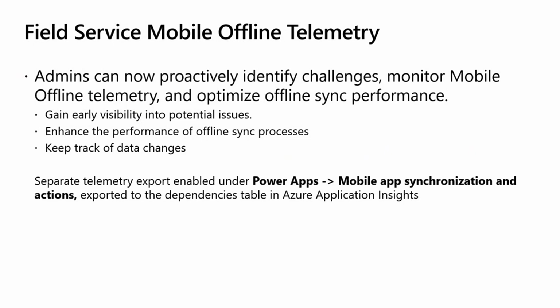Two of the most common things that impact offline sync performance are query complexity and data volume. The offline telemetry shows you which tables are regularly synced and how many records are being synced, and you can aggregate that together or per user. You can also fine-tune the queries to reduce volume, while leveraging the existing OData endpoints to investigate slow-running queries that can be overly complex. This helps you to create an offline profile that's optimized for your